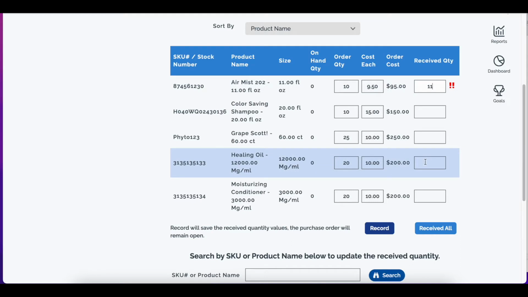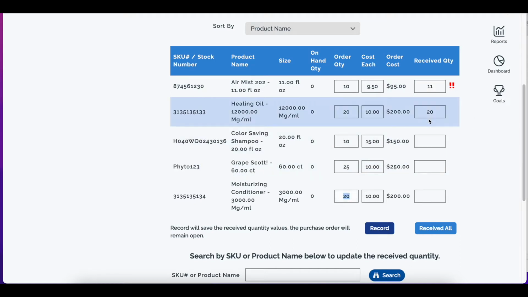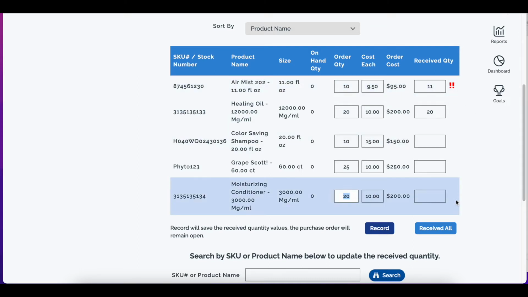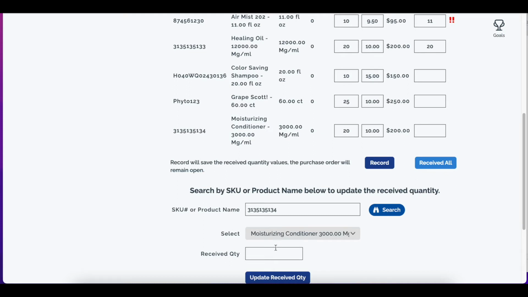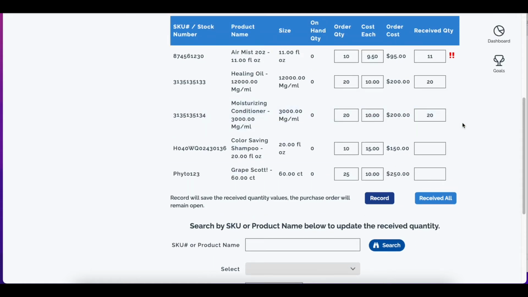In addition to that, if I populate, let's say here that I received 20 of this and tab out, it's going to refluctuate so I know which items I still have to account for. If let's say I have a SKU, I'm going to copy this number here. So if I have a SKU and I want to scan my product using my barcode scanner and click search, it's going to know that that's the moisturizing conditioner. And I can note that I counted 20 of these and I click update received quantity